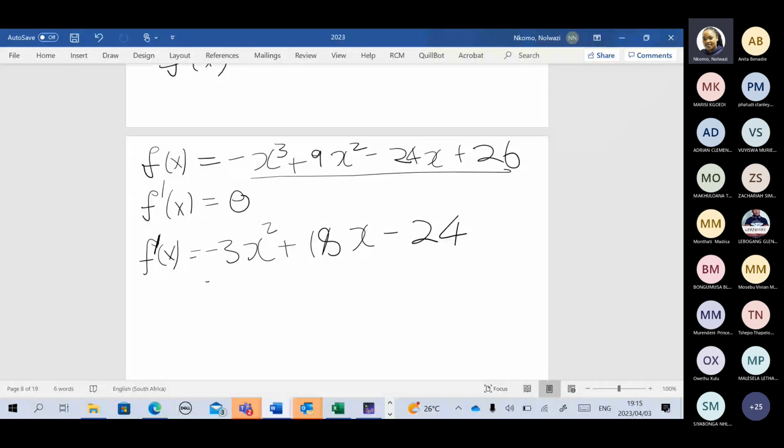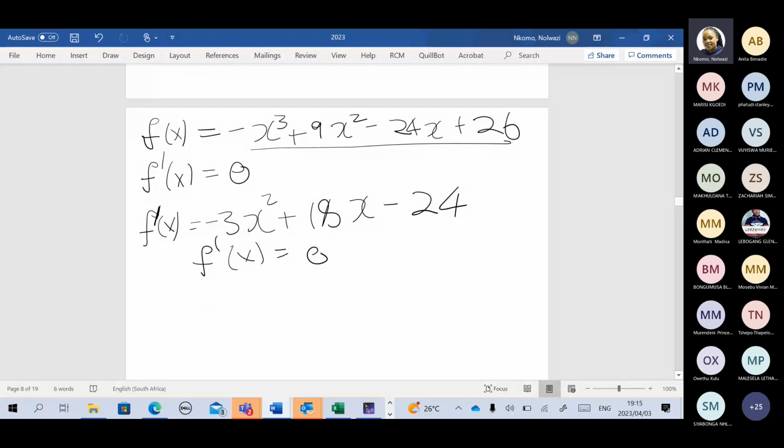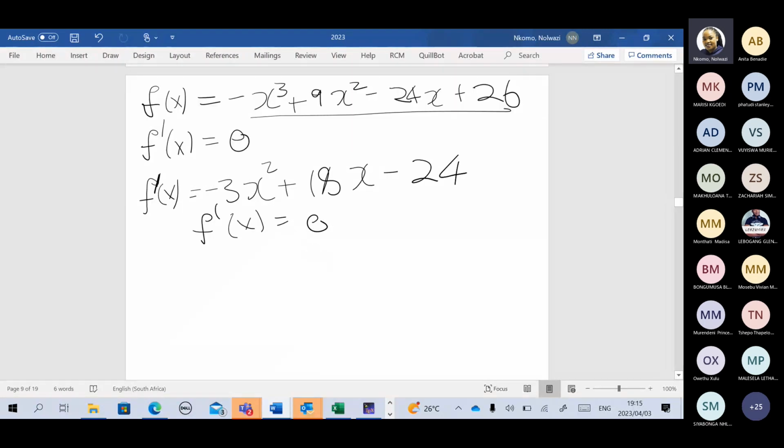You should find minus 3x squared plus 18x minus 24 equals 0. You see, we have a common factor here of minus 3. If we take out the common factor, we'll have minus 3 into x squared minus 6x plus 8